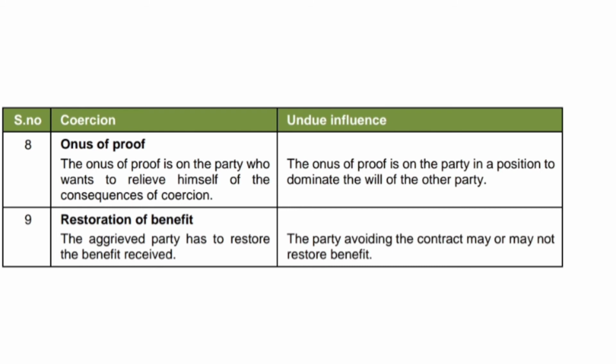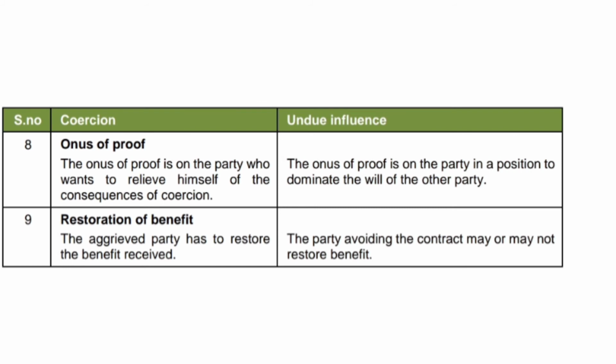So in the eyes of the law, there are certain relationships where this presumption will be held. A few examples of relationships where one party is presumed to be stronger than the other party and is therefore presumed to be in a position to dominate the other party are, for example, that of father and son, guardian and minor, employer and employee, trustee and beneficiary, teacher and student, doctor and patient, solicitor and client, fiancé and fiancée, and last but not the least, any contract that is entered by or with a Pardanashi lady.